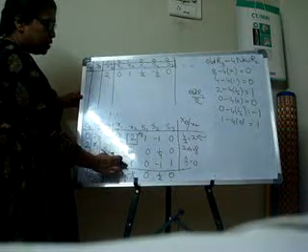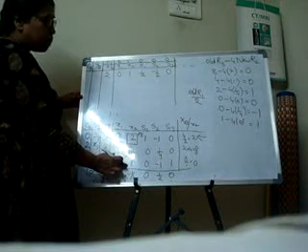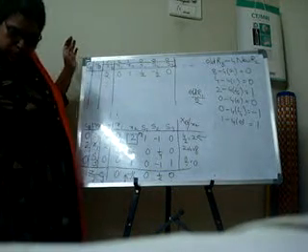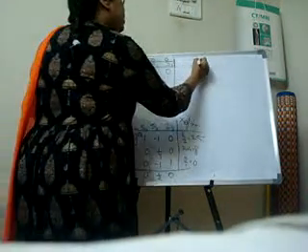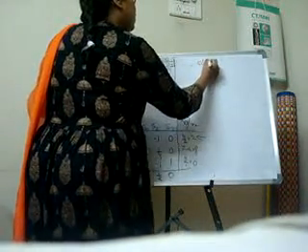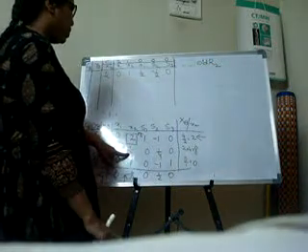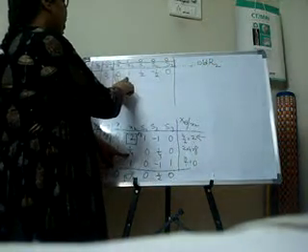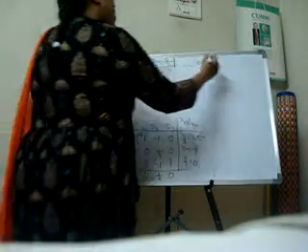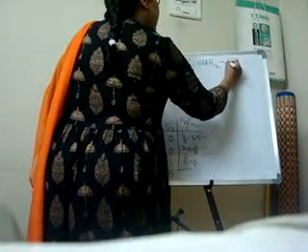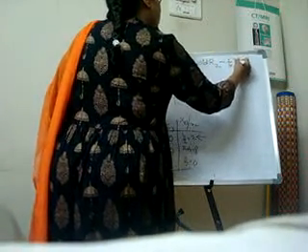Now the other elements we should change to zeros. So how do we change? First we will change the second row. So what is the second row? Old R2. What is the value for the pivotal? 1 by 4. And here we have 1. So how can we make it? Minus 1 by 4 into new R1.